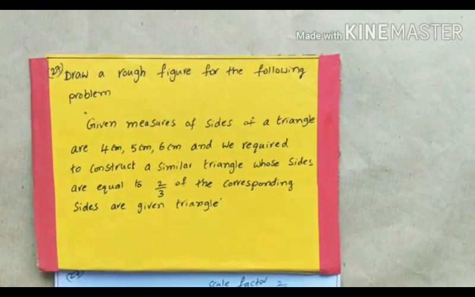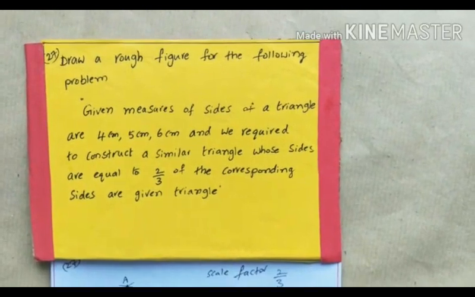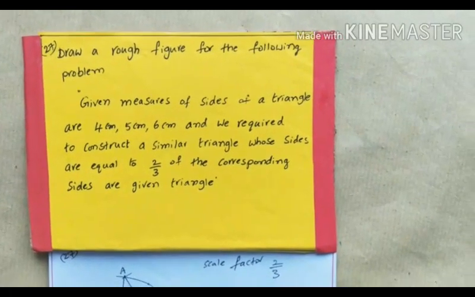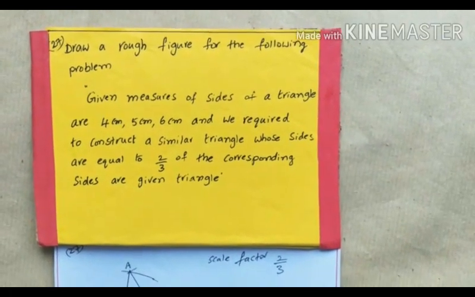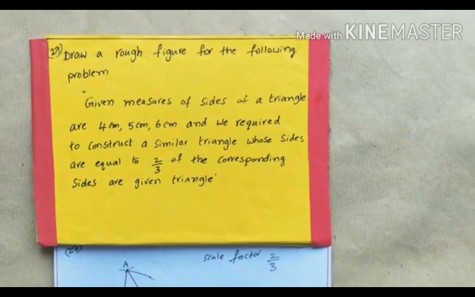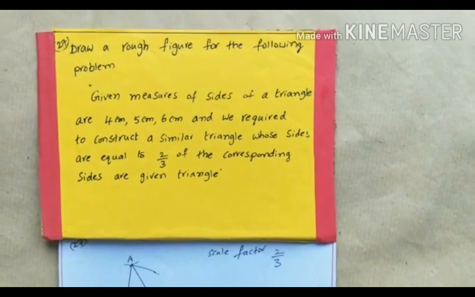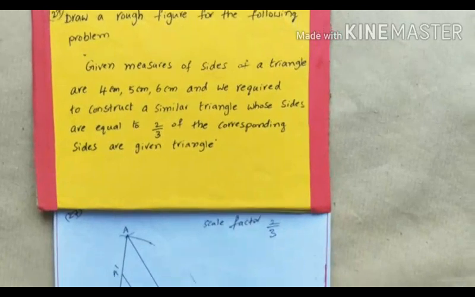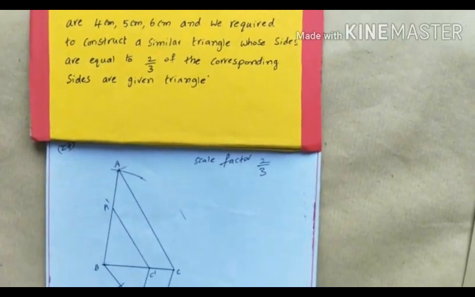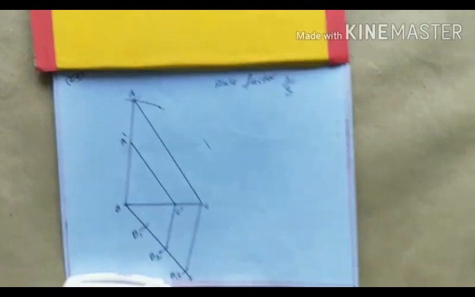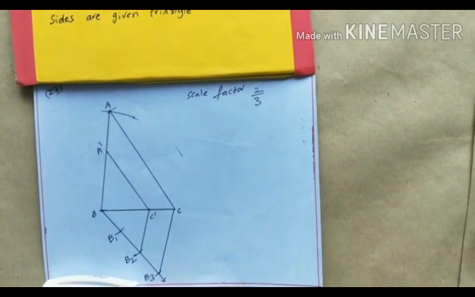Twenty-seventh question. Draw a rough figure for the following problem. Given measures of sides of a triangle are 4 centimeters, 5 centimeters, 6 centimeters, and we are required to construct a similar triangle whose sides are equal to 2 by 3 of the corresponding sides of the given triangle. Here the scale factor is 2 by 3 and the figure is